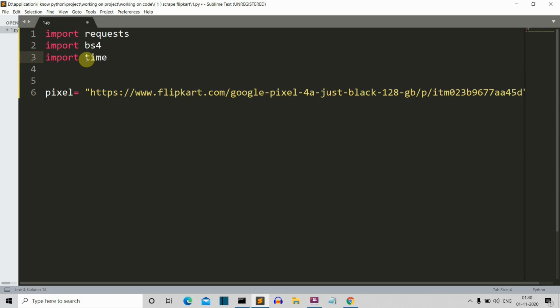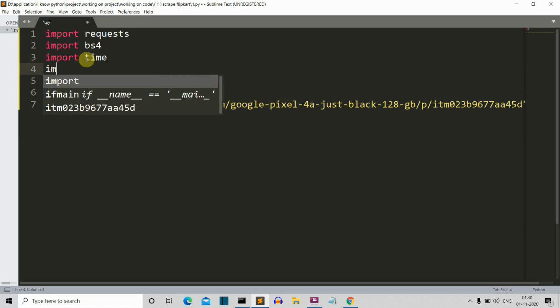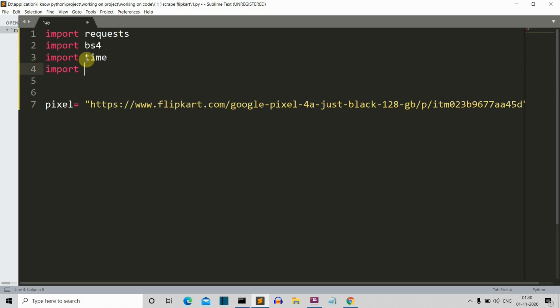The next package that we need is Tkinter. Actually, from Tkinter we need messagebox. Messagebox will be a small message box which will notify you that the price has gone down.